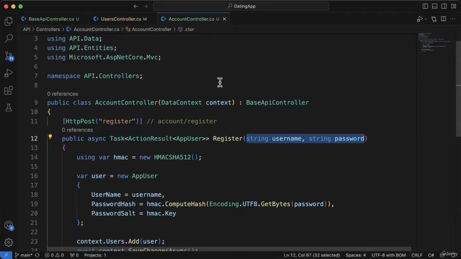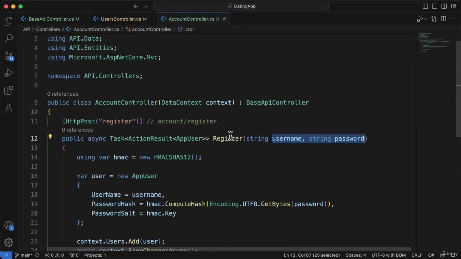And one of the things that we can use in our project is something often referred to as a DTO, a data transfer object. And this is something that we're typically used to transfer data between two different layers of our code, and it can help us to shape the data when we're returning data. But in our case, we just want an object where we can specify that we're expecting a username and password